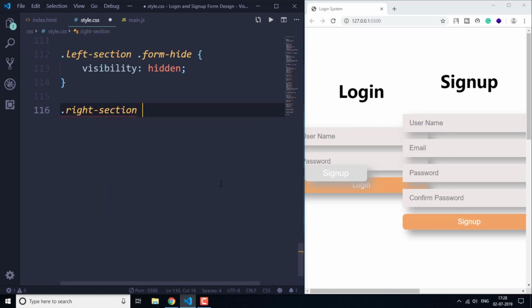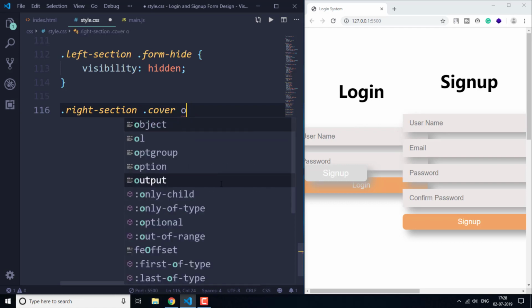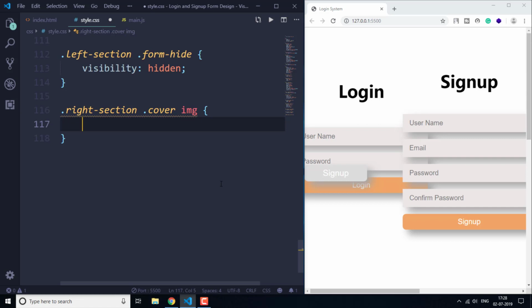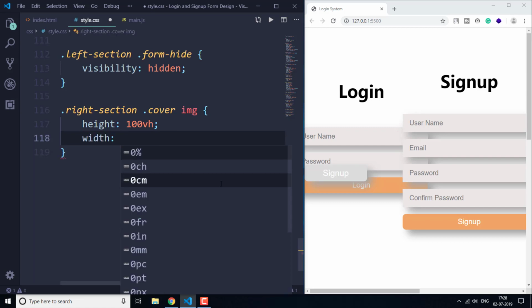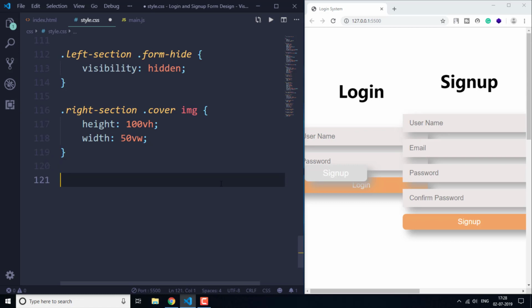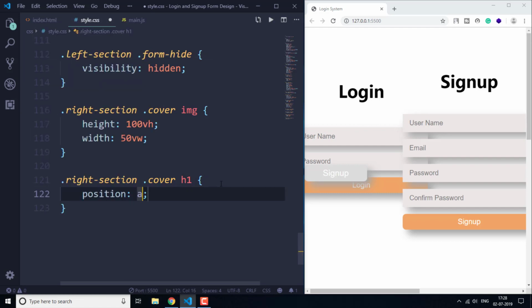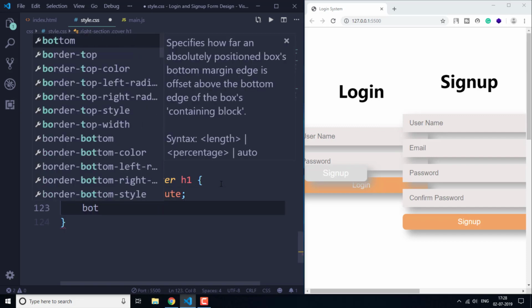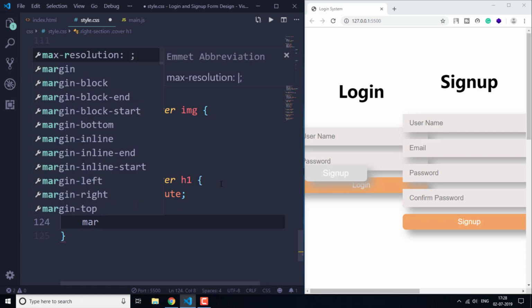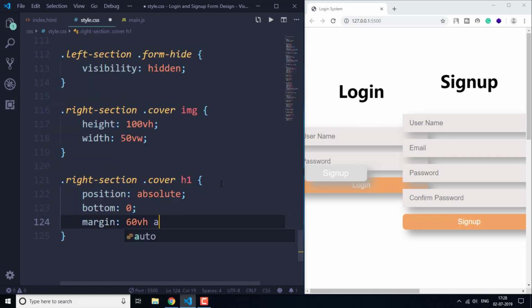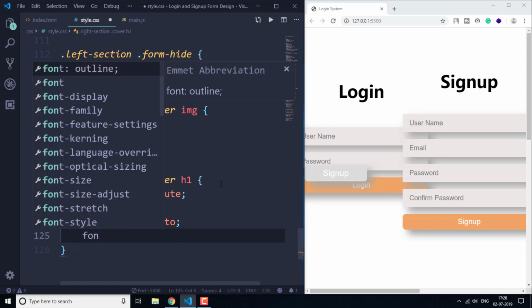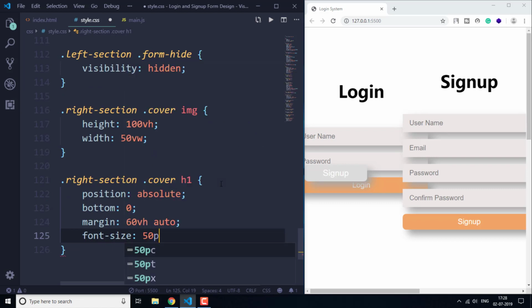So dot right section dot cover and image, here also the height is going to be 100 VH and the width is going to be 50 VW, and here let's write dot right section dot cover h1, and position is going to be absolute, then bottom 0, margin 60 VH and auto, and font size 50 pixels,